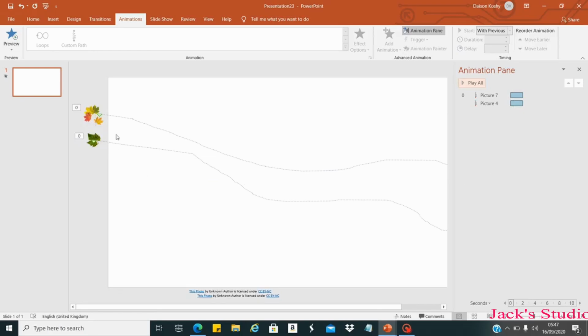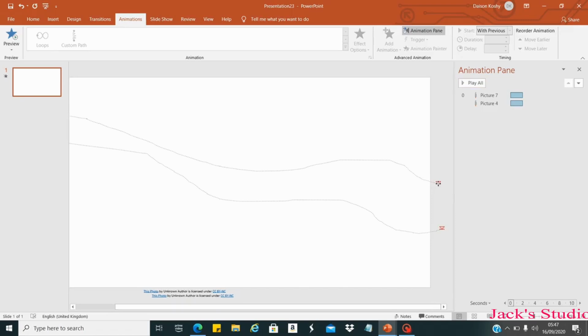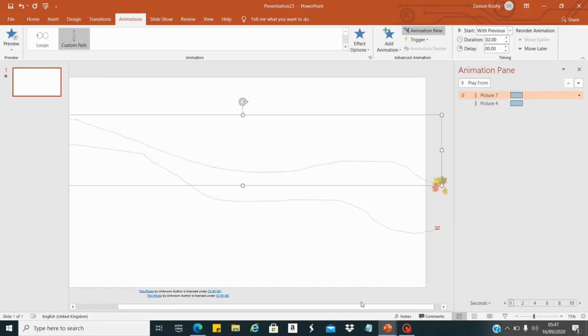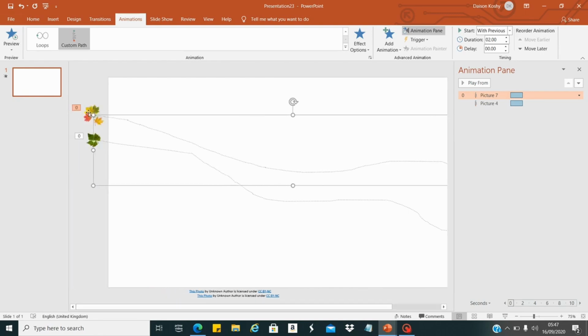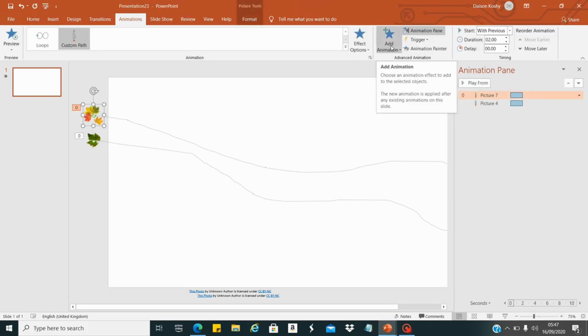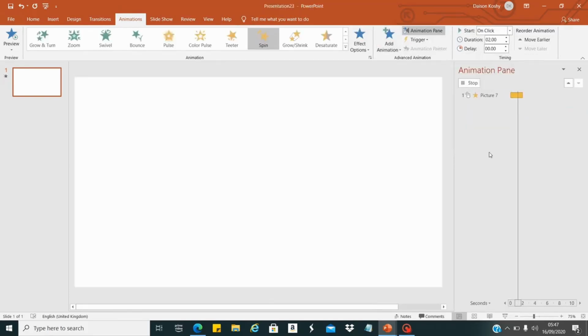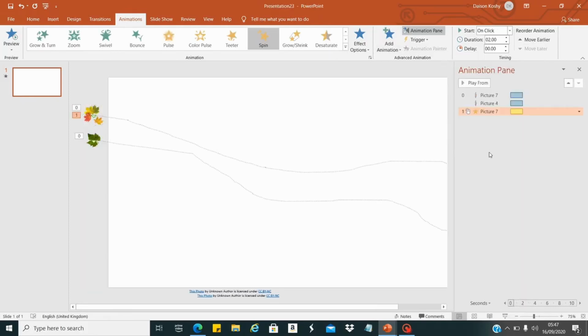Okay, now we will do one thing. Before that, we will make this a little more outside, and we will add some more animation to our leaves. Click add. We will give a spin effect to the picture. You can see picture 7 spin came.